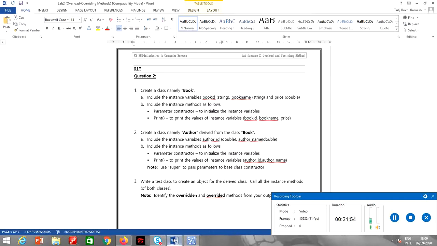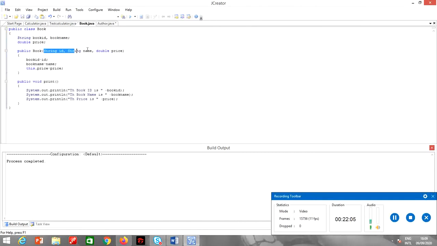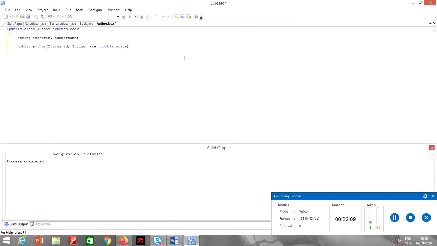And then I should have the parameterized constructor. Public author. I will first of all pass the parameters from here. Then from the child class, string ID, string name.